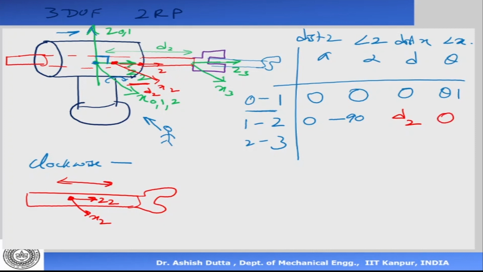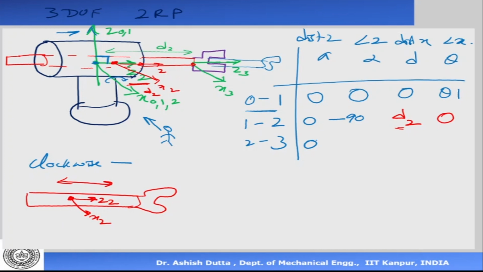I hope you understand that when the red color link moves to the right side or the left side, what changes? The distance between x2 and x1 changes, because the origin of frame 2 and frame 1 will change now. That is my variable here. This is the variable in the case of a translating joint. What about frame 3? Frame 3 is fixed here. So what is the distance between the z-axis of frame 2 and frame 3? The z-axes are along the same line, so it is 0.